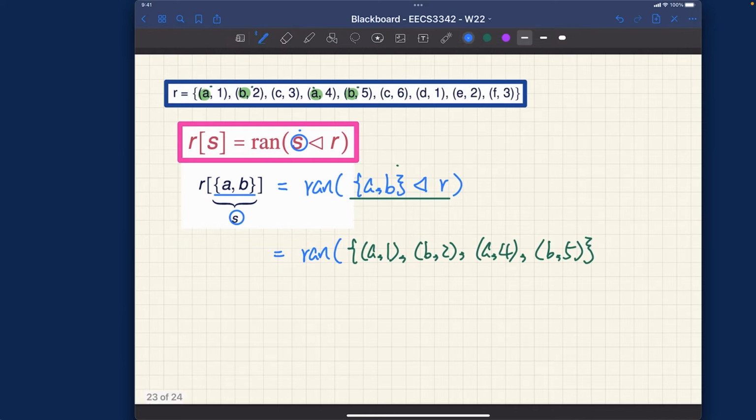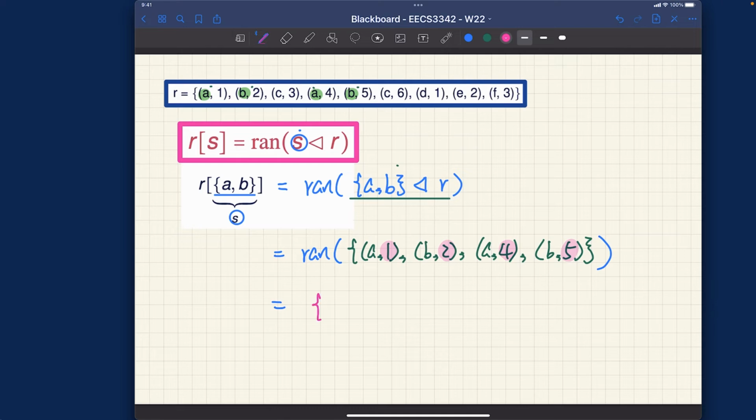Okay, so far so good. You can see all that remains are simply the pairs not with their first element being A or B. Okay, so we got this. And how do we calculate the range for this particular new relation? That would be, well, simply choose the second element, right, and collect them together. 1, 2, 4, 5. And that's what we'll get